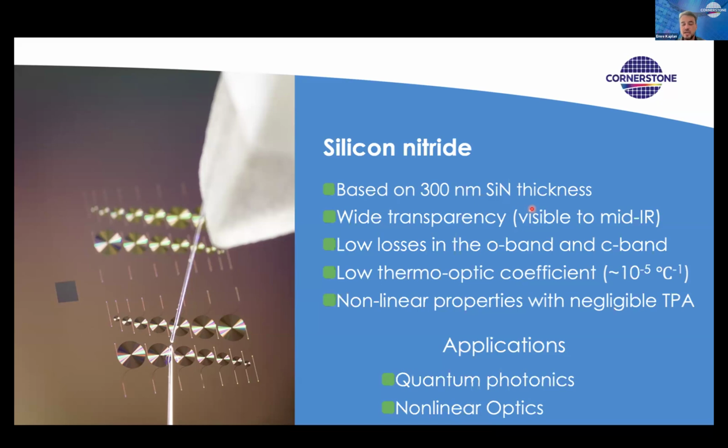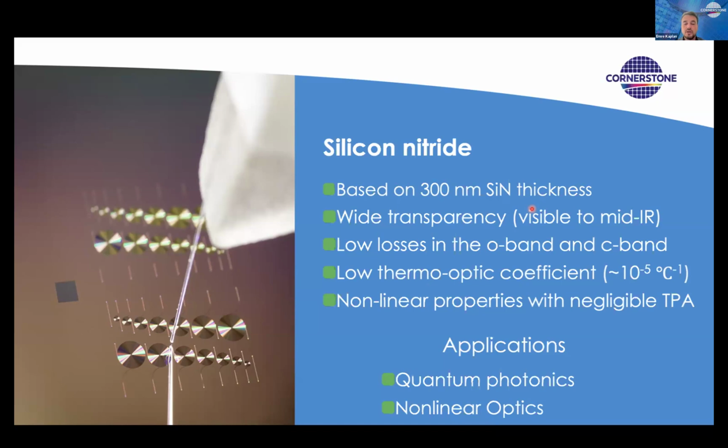Of course, on the other side, it makes it quite difficult to thermally tune your circuits, but silicon nitride is preferred for some applications where the response of the devices and circuits is less affected by the